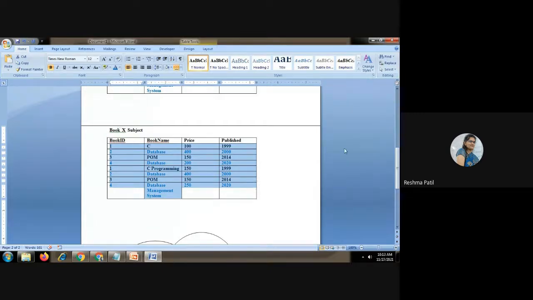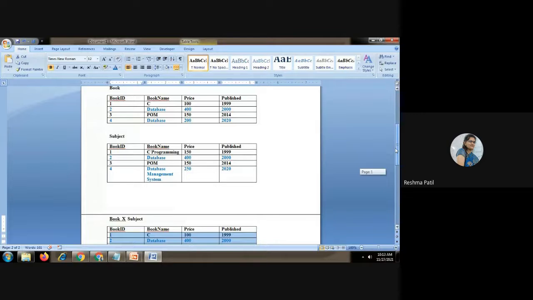What do we have to do? We have to show only the database book. Select where subject is equal to, or book name is equal to, database.